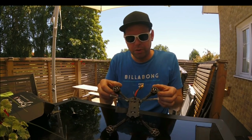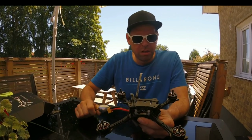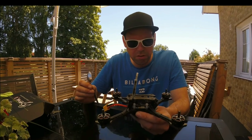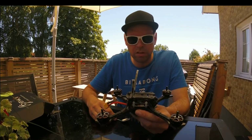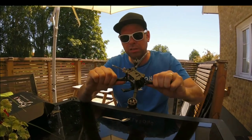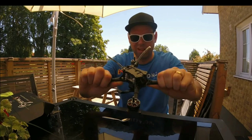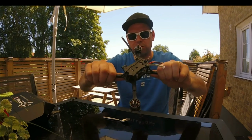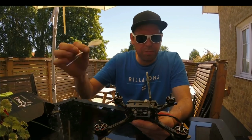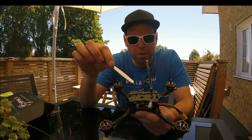So if we go ahead and talk about the quad itself, I don't have much to complain about. It's a simple yet strong construction. The flex in the carbon fiber is nearly zero, so it's strong, high quality carbon. You get some extra bracing for the top to protect it from impact from above,